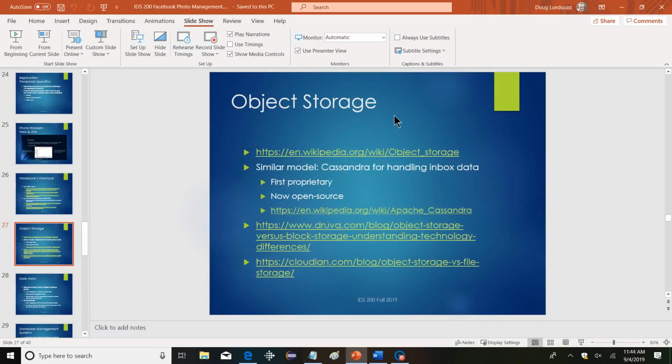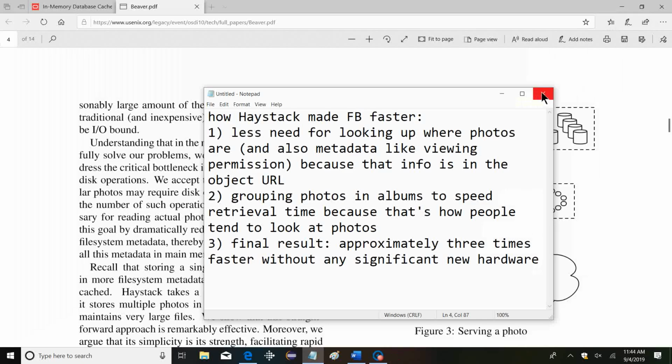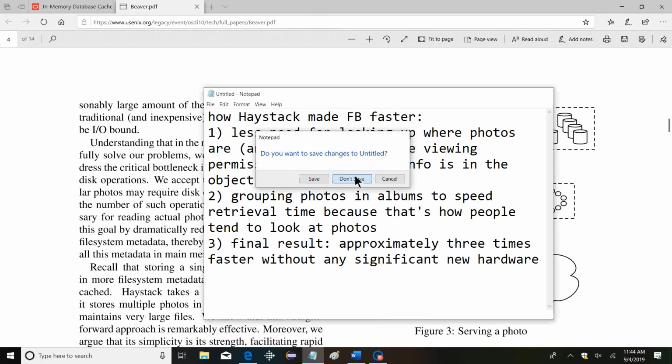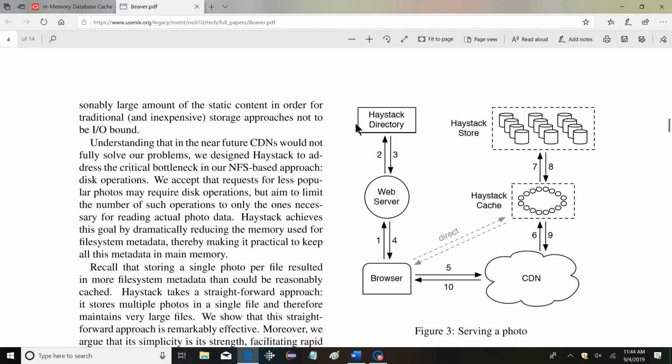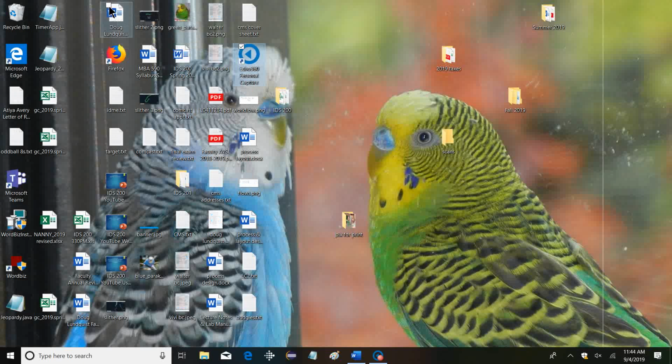For the RAM and ROM, I'm kind of confused. If I'm a user and there are pictures, can I decide which one to save on RAM and which one to save on the hard drive? No, Facebook is going to do that. Facebook is going to say, this one is popular, we're going to keep it in RAM until it's not popular anymore. That one is not for general use on a laptop, right? Right. But it is true that the same principle applies to your computer. If you're running something, I should